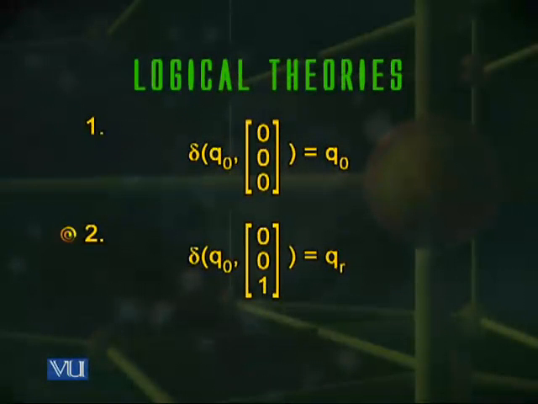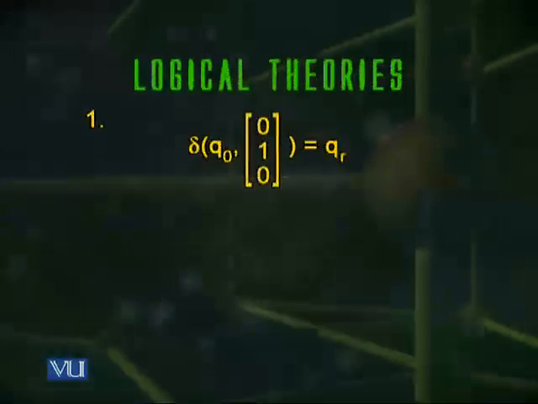Delta of Q0 on (0, 0, 1) is equal to QR. Why is this? Because if the bit of x is 0 and the bit of y is 0, and there is no carry, then the bit of z should also be 0. In this case, the machine has encountered that this bit of z is wrong, so it goes into a reject state, and the reject state is a trap state, so the machine will reject any input which has this